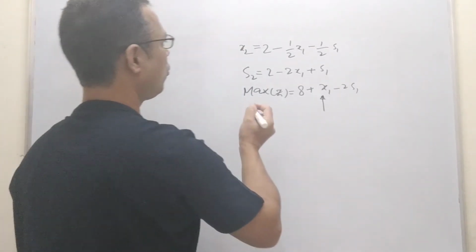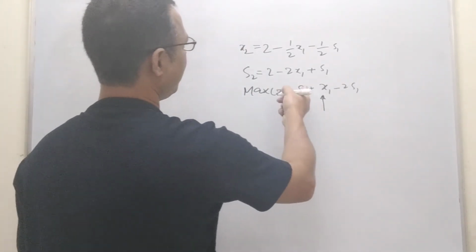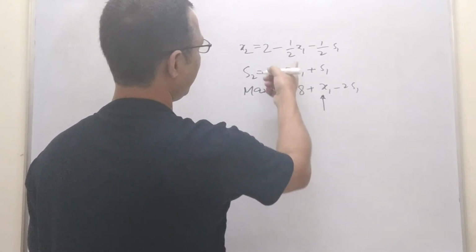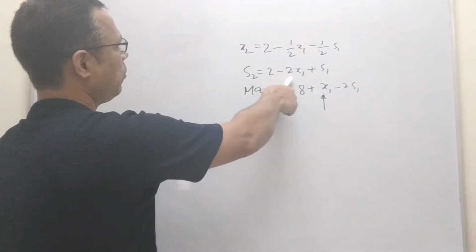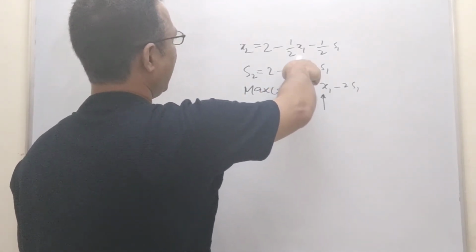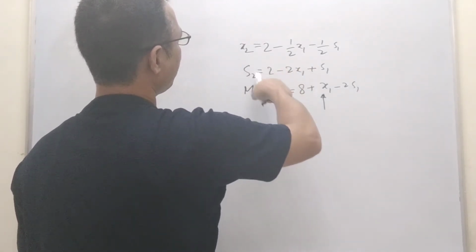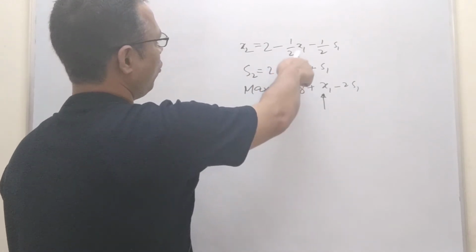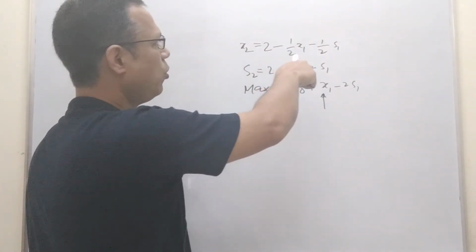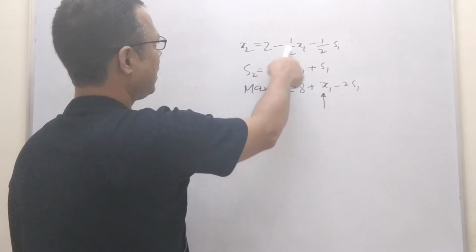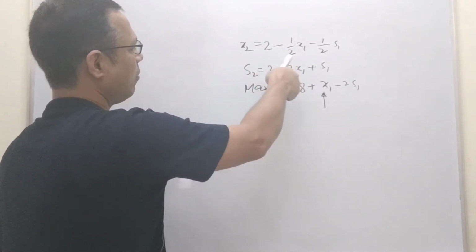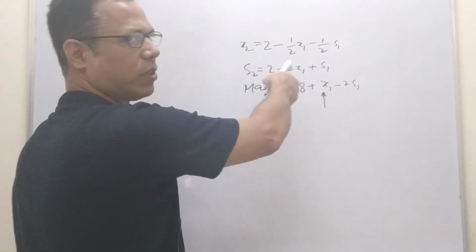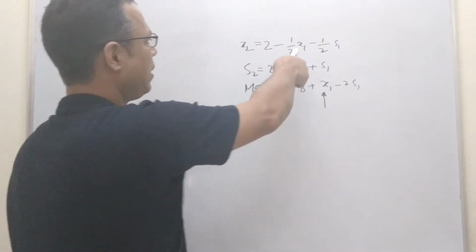So which variable is going to leave the basis? Once x1 enters into the basis, we need to check which variable is going to leave the basis. It means we need to check by putting in the values of x1 and see which of these two gives the least positive value to make these values 0. x2 and s2, either of these two will become 0. So which variable gives the least positive value, we will check from here.